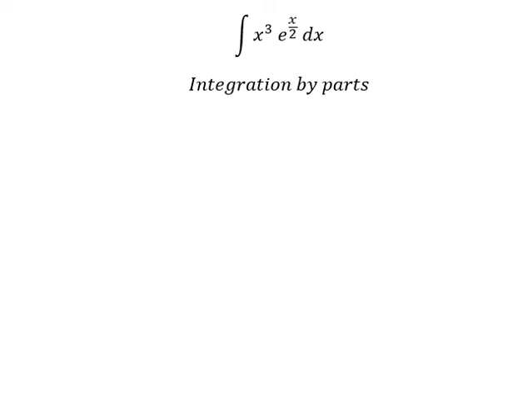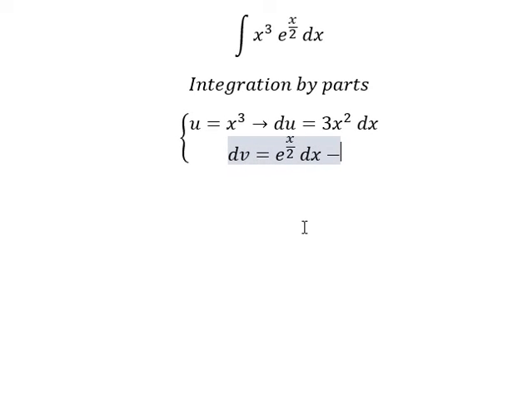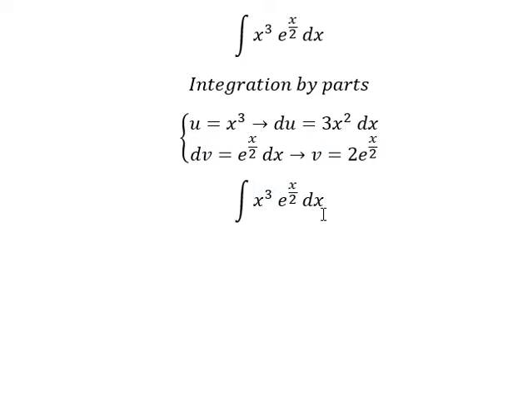So I will put u equals s to the power of 3. Later, we need to take the first derivative of both sides, and we have 3s squared ds. dv, we have e to the power of s over 2 ds. The integration of this one, we have v equals 2e to the power of s over 2. So we have u multiplied by v